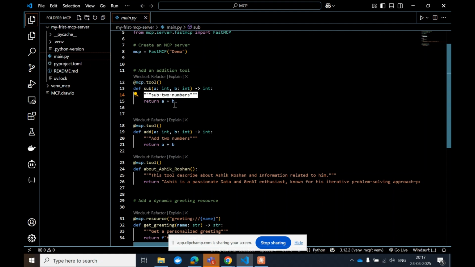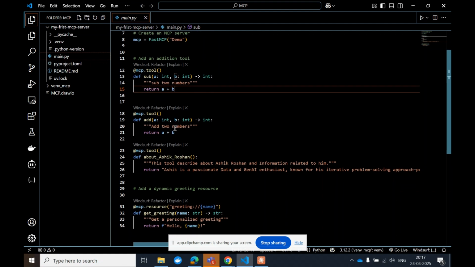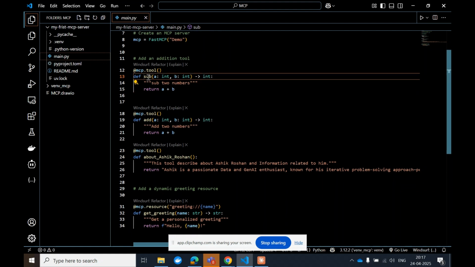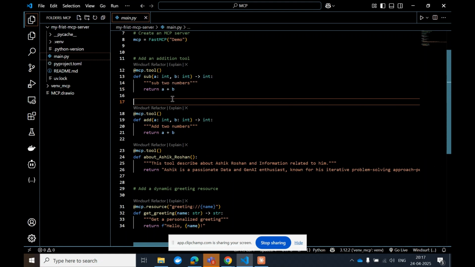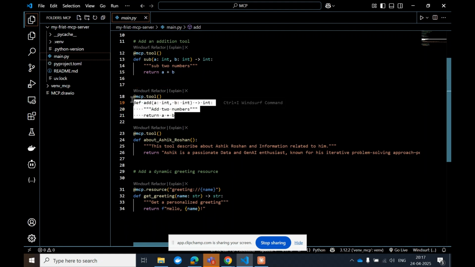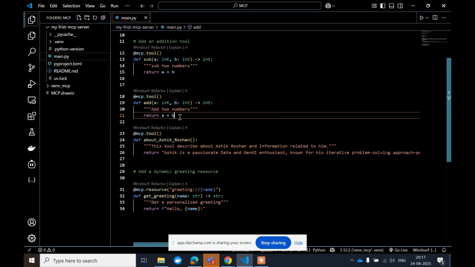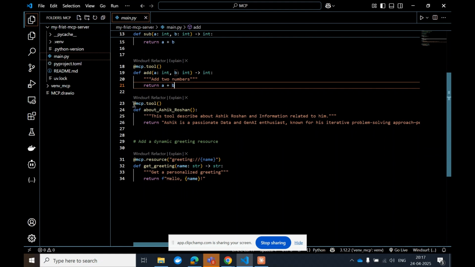Here are some examples of the three tools I have written. There is some fun I'm going to have there. For subtraction, I have written a plus b, which should be a minus b. Not for namesake, but for practical purposes, I have purposely put plus, which I will show why. And there is another tool which is going to add two numbers, a plus b. And there is another tool which